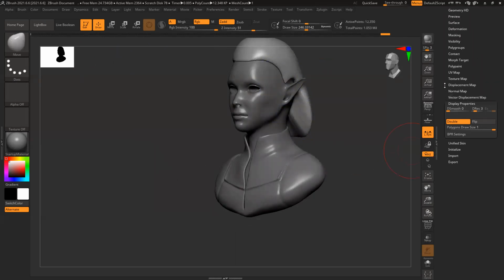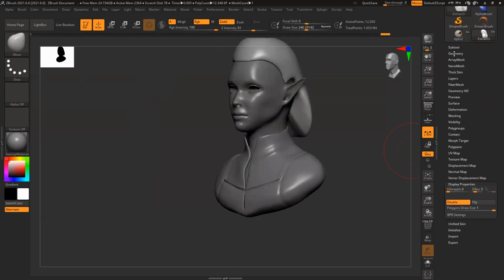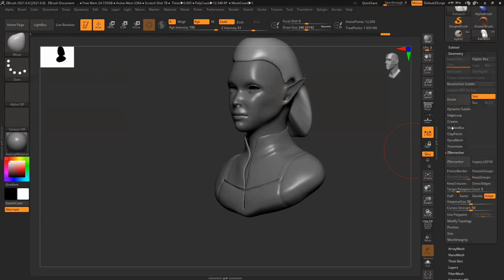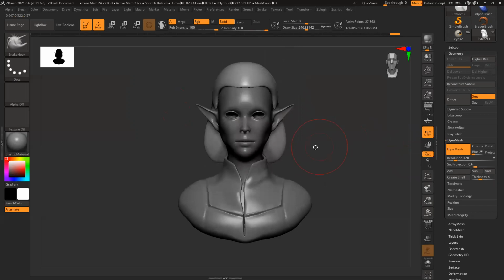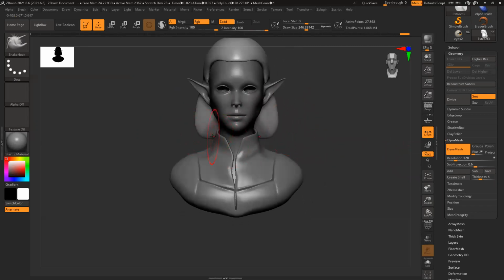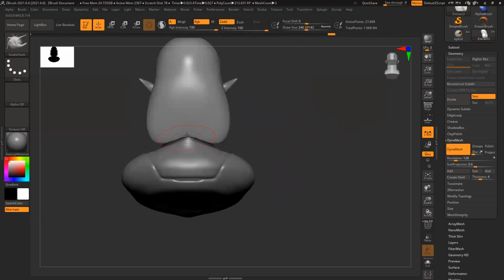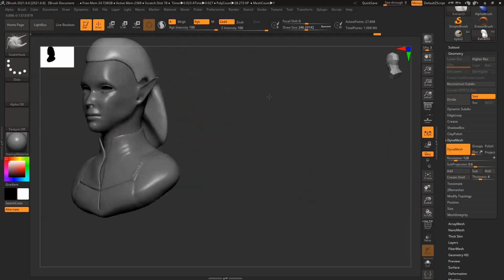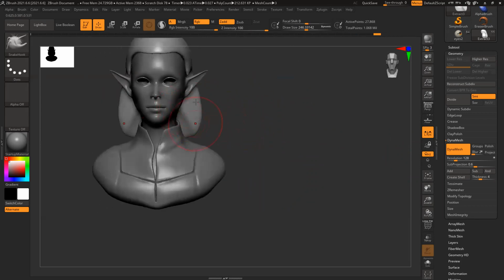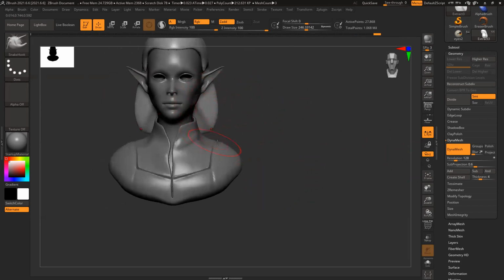So let's dynamesh the model. Dynamesh the model, snake hook. All this thing I have to sculpt and fill in, somewhere here.